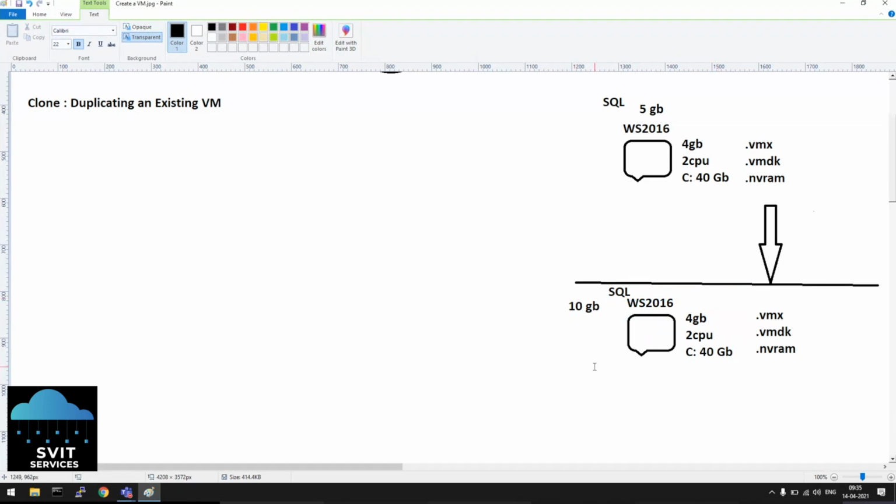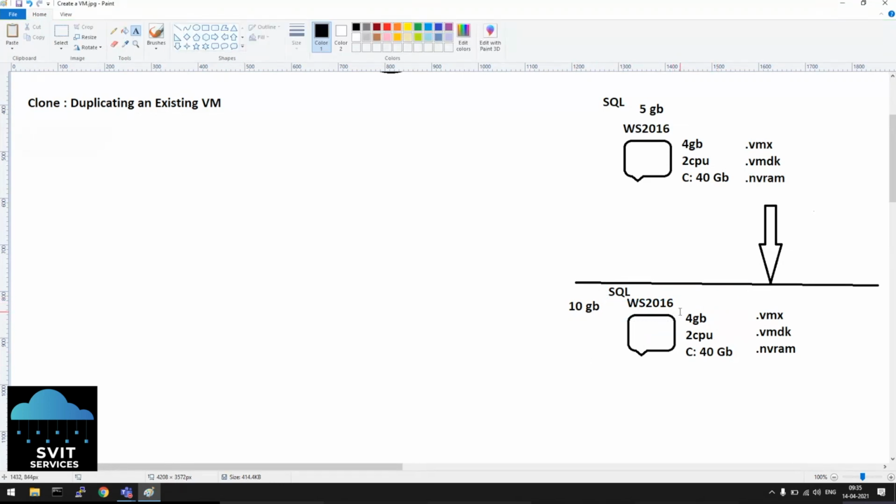But the customer wants to use this machine for something else. Maybe you wanted to host a website or install some other application. But this machine has been shipped with SQL also. It is unnecessary work again. We have to uninstall this SQL. Otherwise, it will simply occupy memory and CPU when the VM is running. So we have to uninstall this application. That's unnecessary cleanup we have to do.